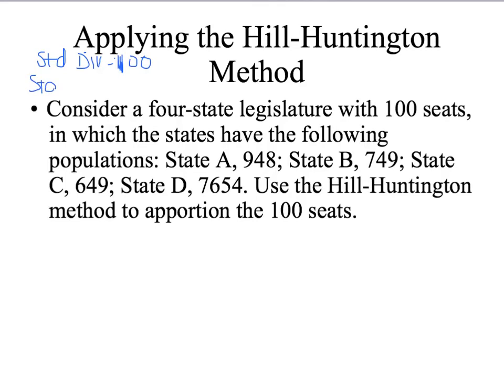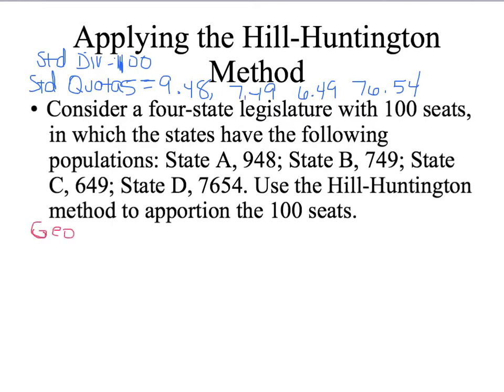And then the standard quotas are 9.48, 7.49, 6.49, and then 76.54. And rounding here is based on the geometric mean. So what I did was just create a list of the geometric mean